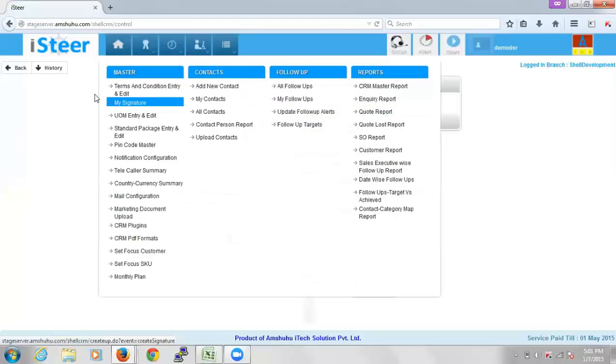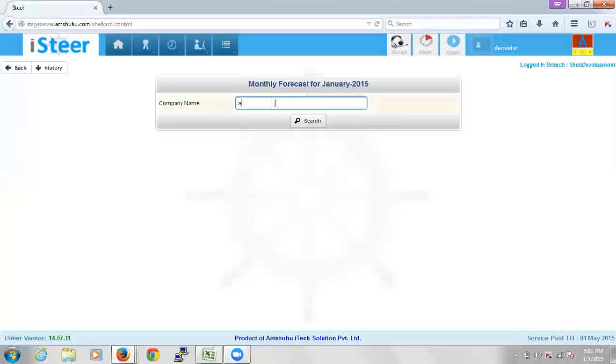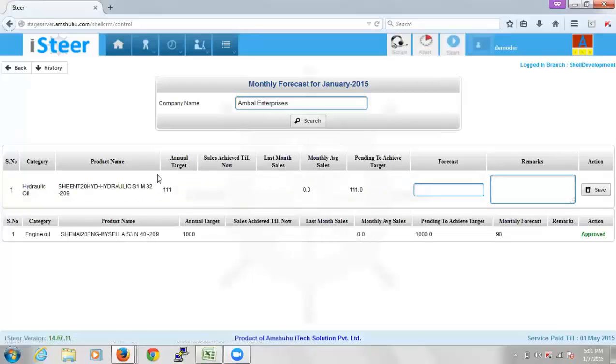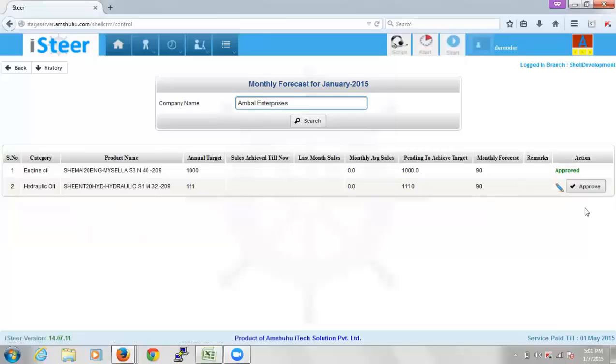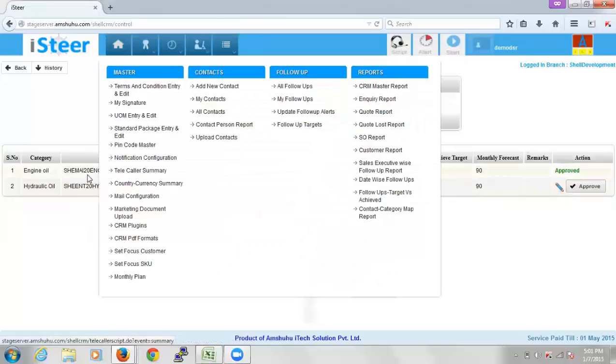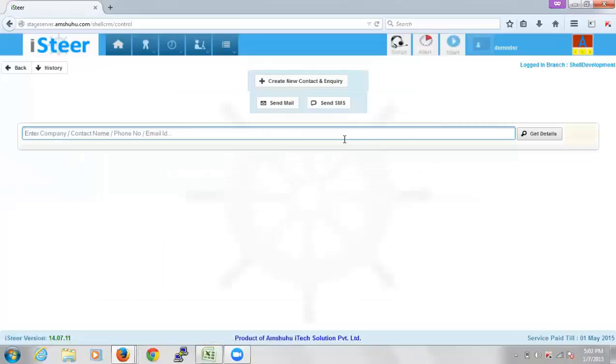So when I go to the monthly forecast link, the first one listed is the monthly forecast that has not been set yet. So I enter the forecast for the current month and save it. Similarly, you can enter the monthly forecast for every line item for each customer. This is about setting the targets.